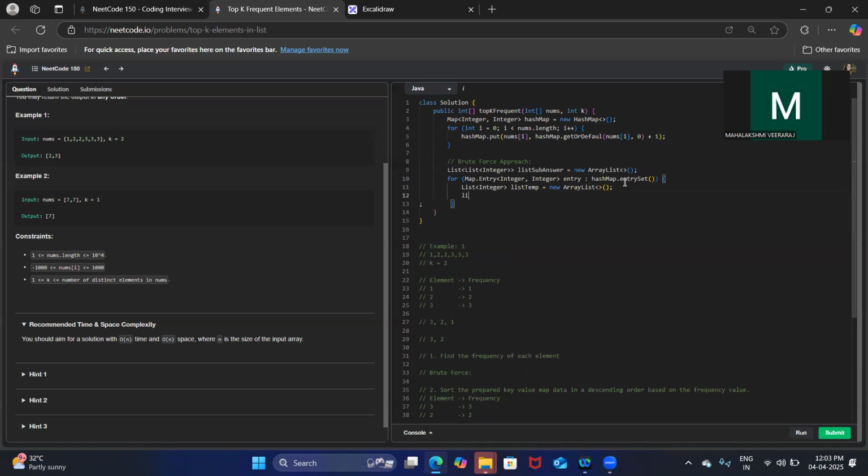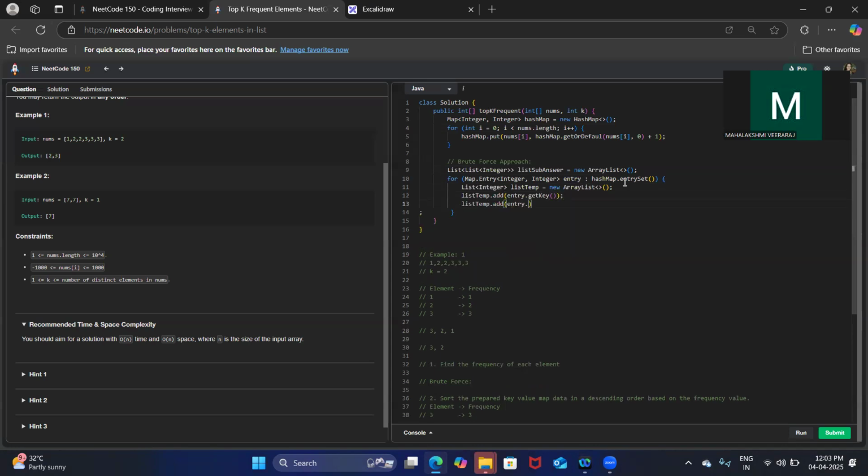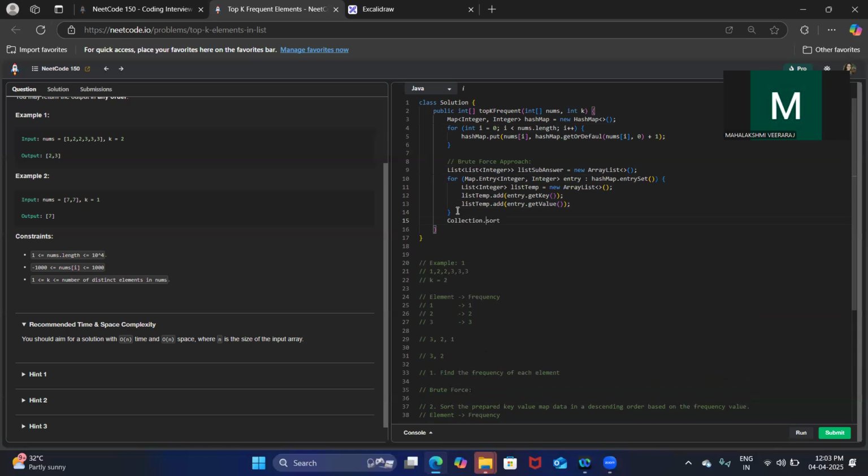So what I will be doing: listTemp.add(entry.getKey()) and listTemp.add(entry.getValue()). Finally, the task is to sort this list data in descending order based on the frequency value.